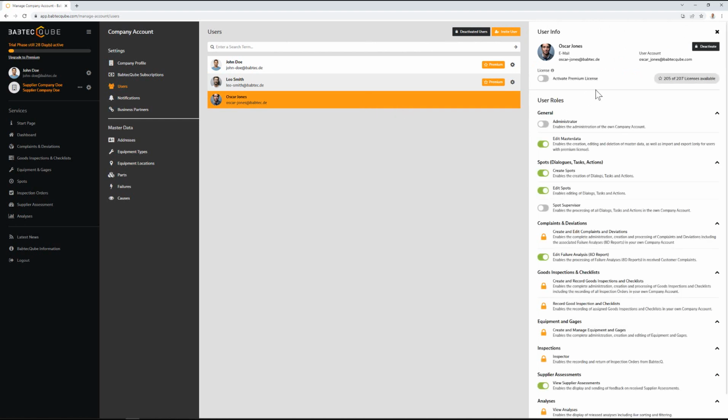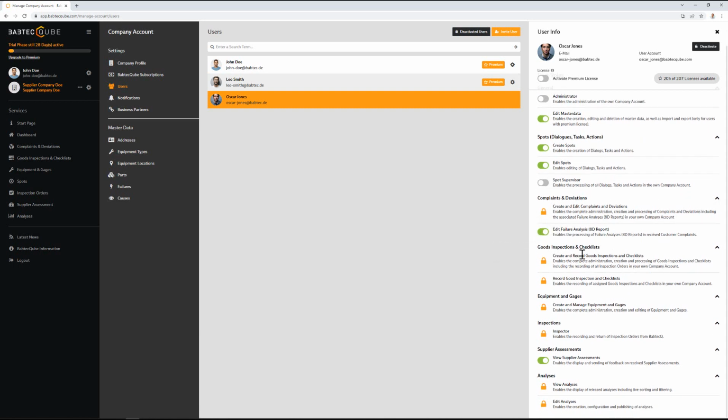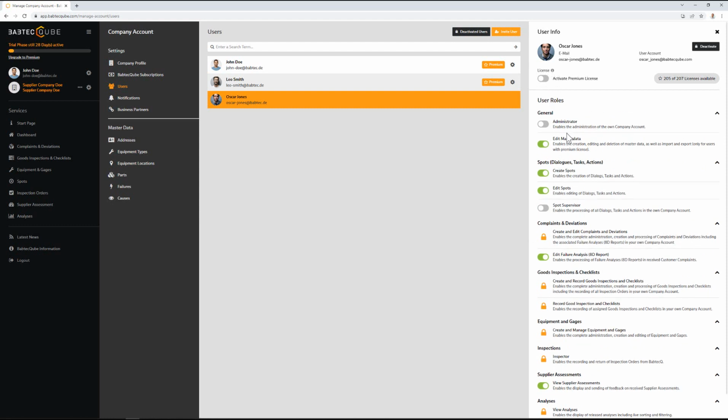For the user roles, we distinguish between free roles, green, and so-called premium roles, orange. Free roles, for example, for processing received customer complaints or tasks and actions, can be assigned to your users as you wish. To assign premium roles, for example, for our Equipment and Gauges service, you must have purchased BabtecQube Premium